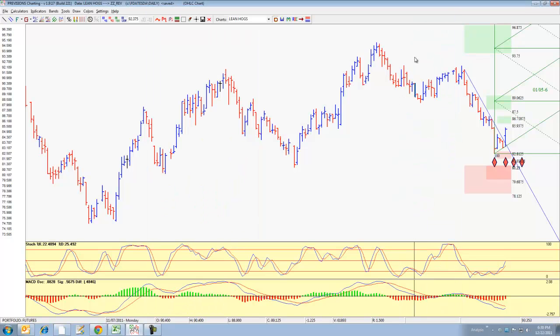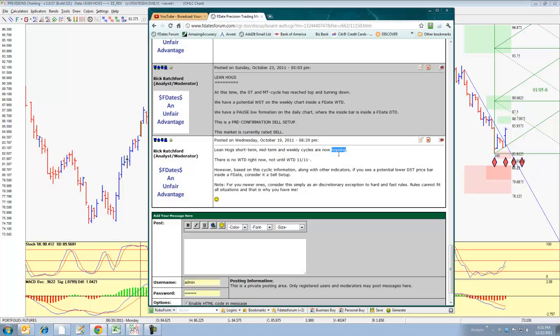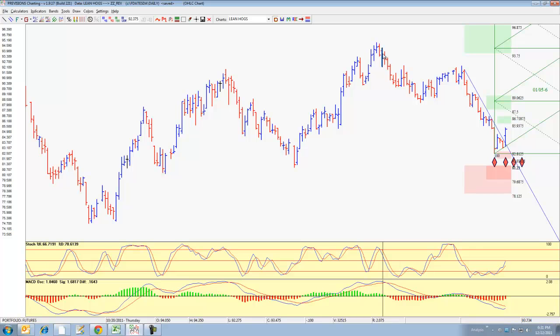We'll go over here and we'll find that here is October 19th. As you can see, it is one day after the very top of October 18th, which was right here, and this is where I had said again topping. Okay, and a couple of days later, time to sell. So this is the 20th right here, this is the 21st right here, here's the 24th. So on the weekend right here with the 23rd, it says we have a sell setup. First opportunity to sell would have been that Monday. We would have sold here, and that was at